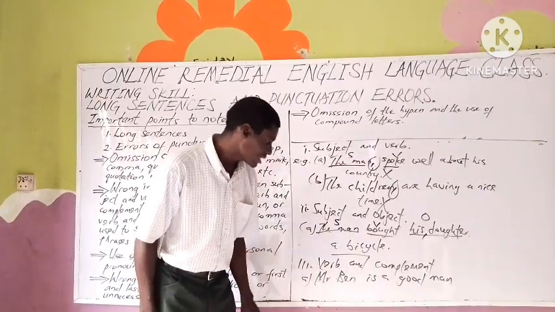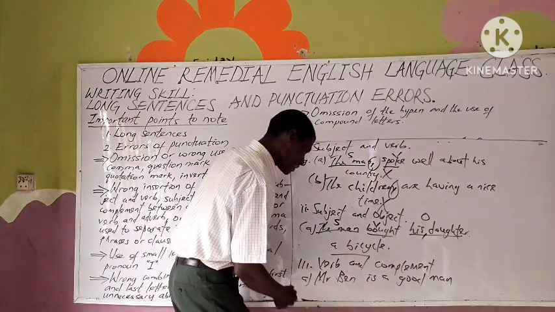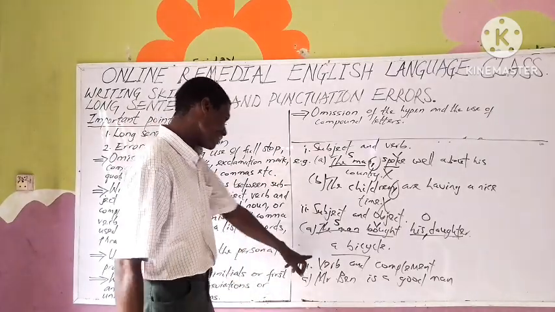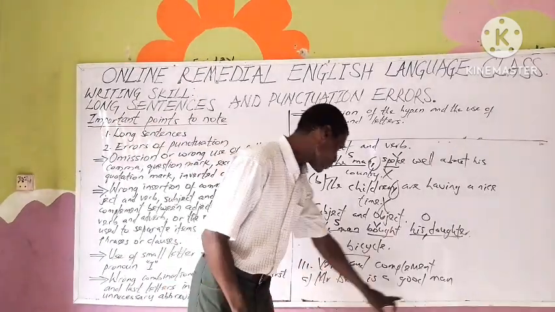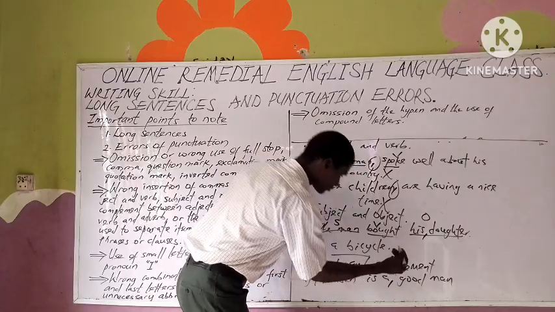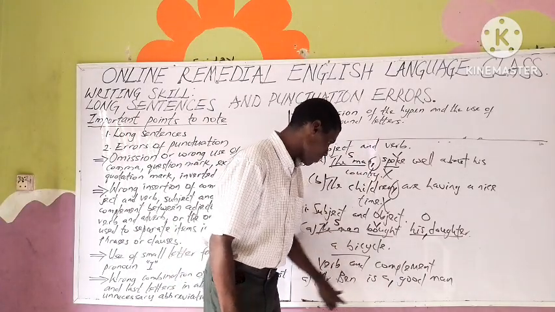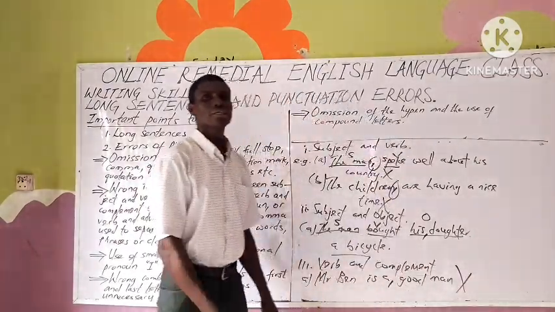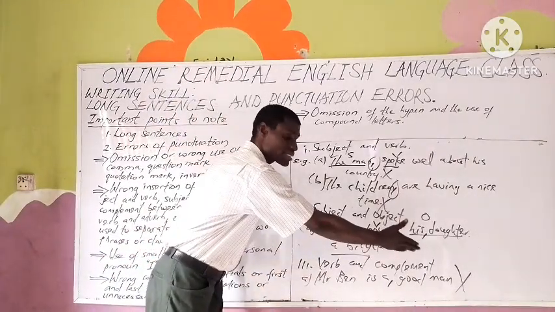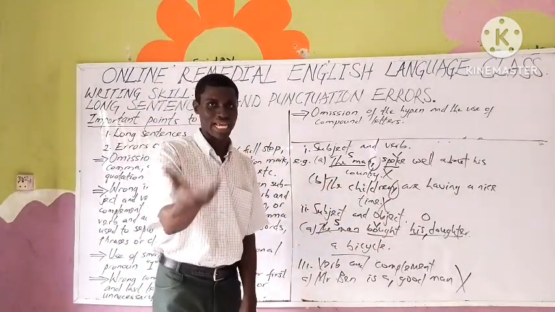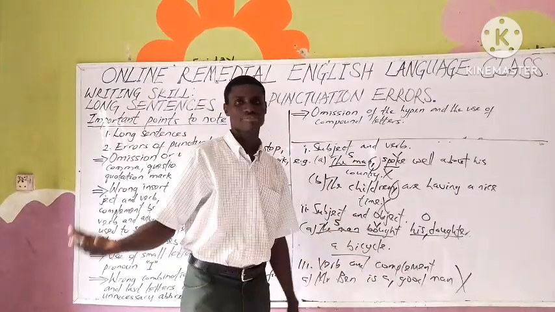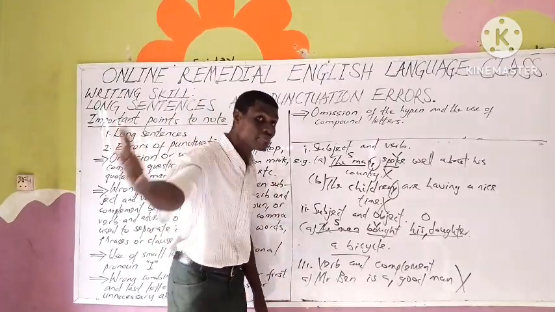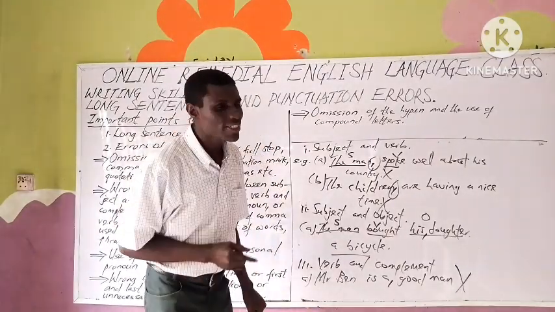Now, Mr. Ben is a good man. Now you have Mr. Ben. So you are now putting a comma between the verb and good man. Maybe this: Mr. Ben is, comma, a good man. It does not make any sense. You have altered the meaning. In fact, this sentence is not clear, and it's what I said earlier. It will not be clear. For some, we end up having several meanings instead of just one.